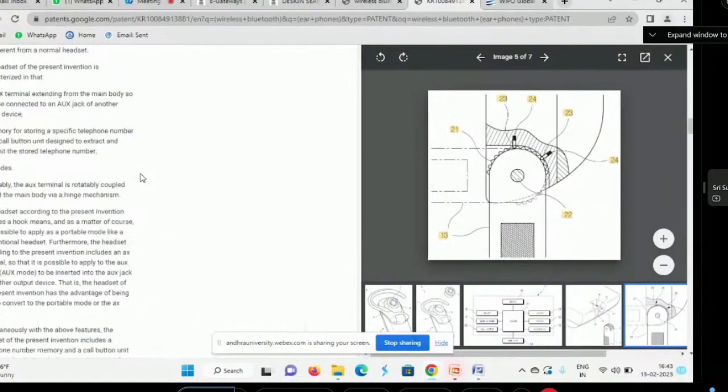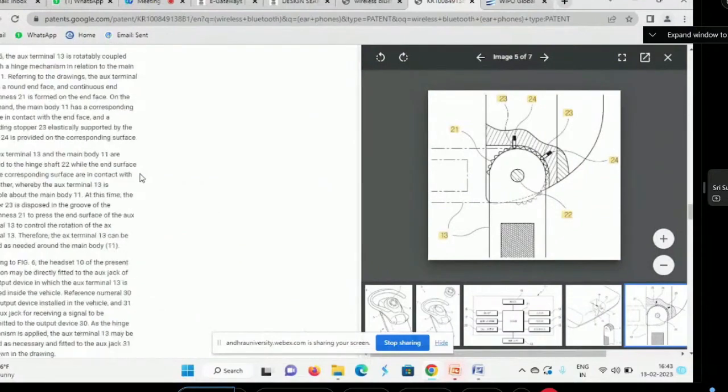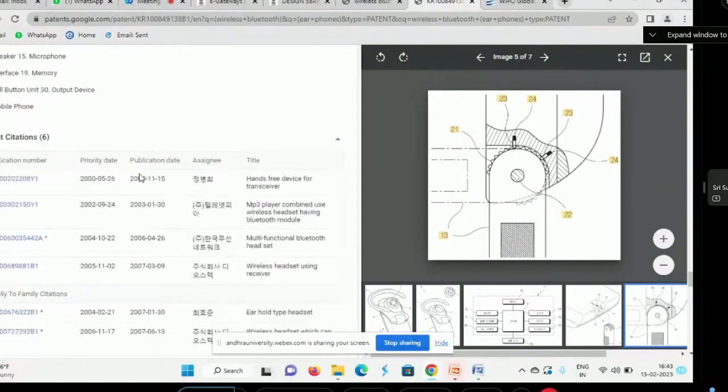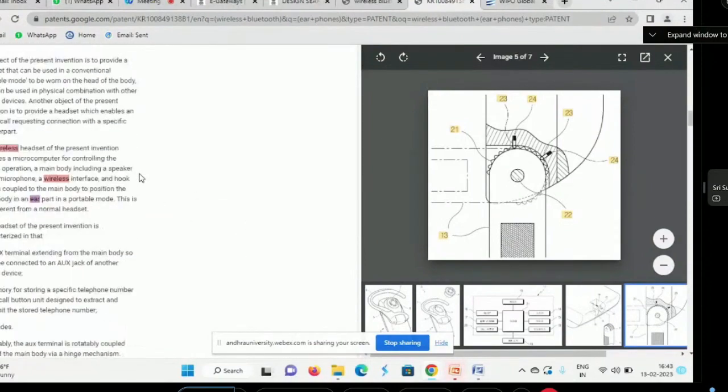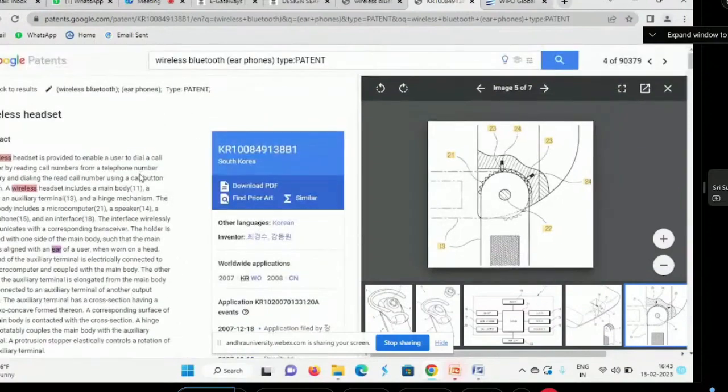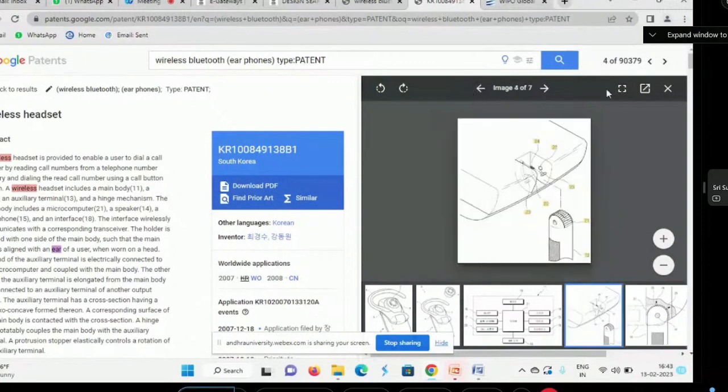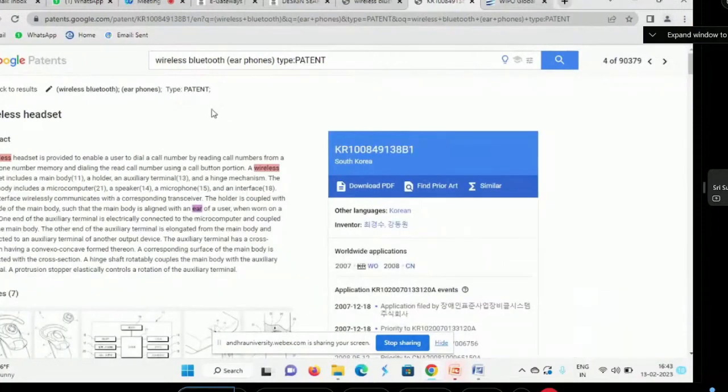So here, all the details: what are the components, what architecture you have taken, and in what way you have come out with this final product. Everything you have to give for a patent application, whereas in a design application you don't need to give all these details. Okay,